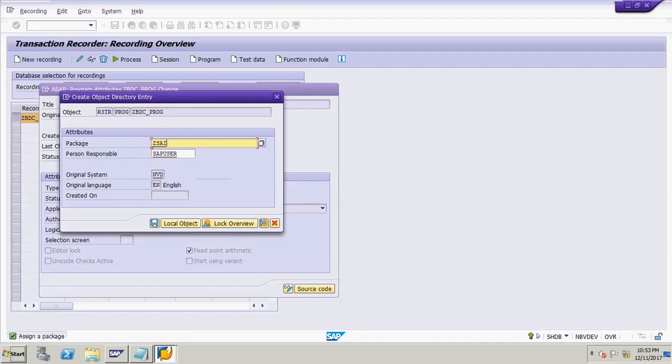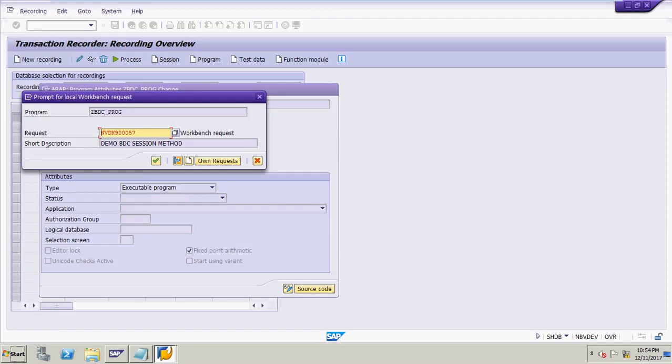I have mentioned ZSAI here. You can create your own custom-defined package and mention the package name here, or if you don't have a package, you can click on local object. Here I have my own custom package, so I have mentioned ZSAI, and then click on the save button.